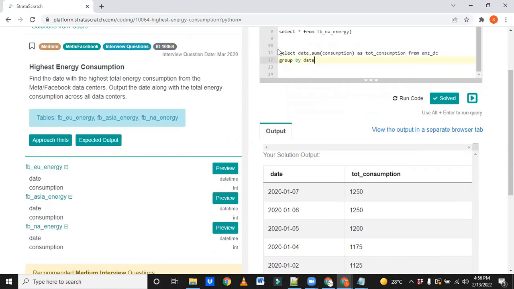Now let us say this is again one subquery. I'm just giving b1. Now I want to apply the dense rank function. Select date, comma, consumption.